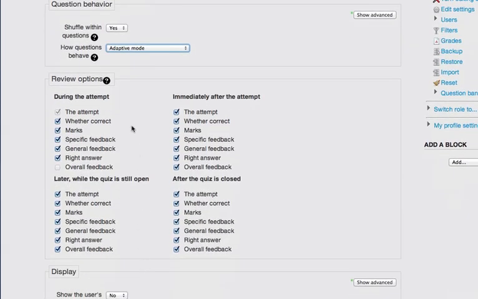And then the review options. So during the attempt, the student will see whether the question is correct, whether their answer is correct, the marks they receive, specific feedback, but I'm going to hold off on the right answer and general feedback, both during the attempt